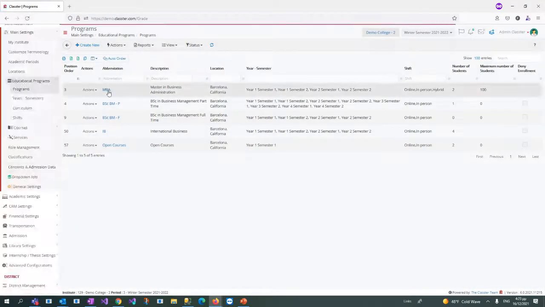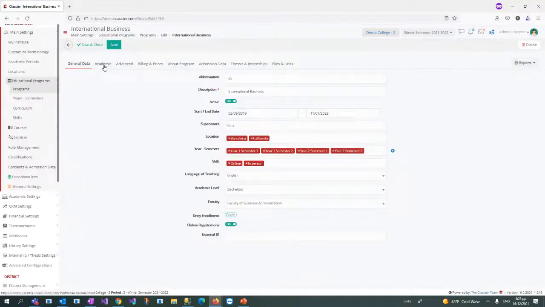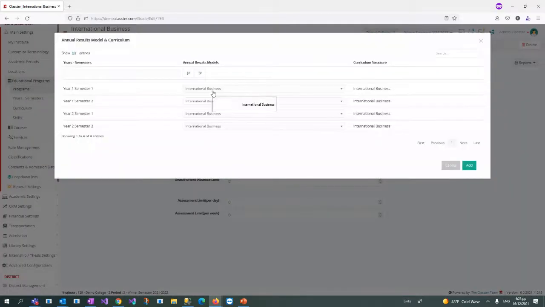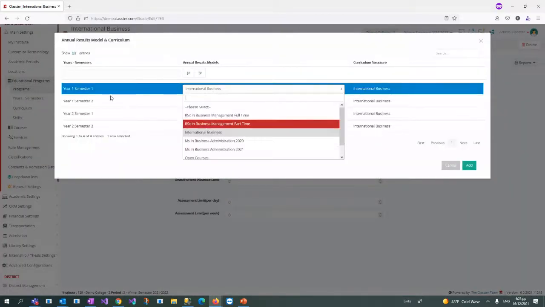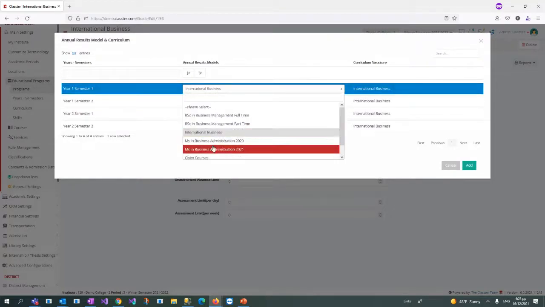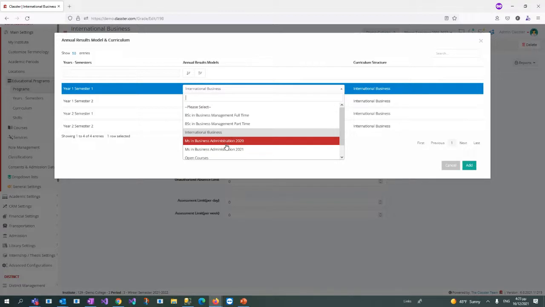So in the program, in order for the students to automatically take the correct curriculum in each case, in each program, in the academic tab, you have to go to the annual results, models and curriculum and connect the default curriculum for each year and semester. So this means that if in case that you have changes in your curriculums within the years,